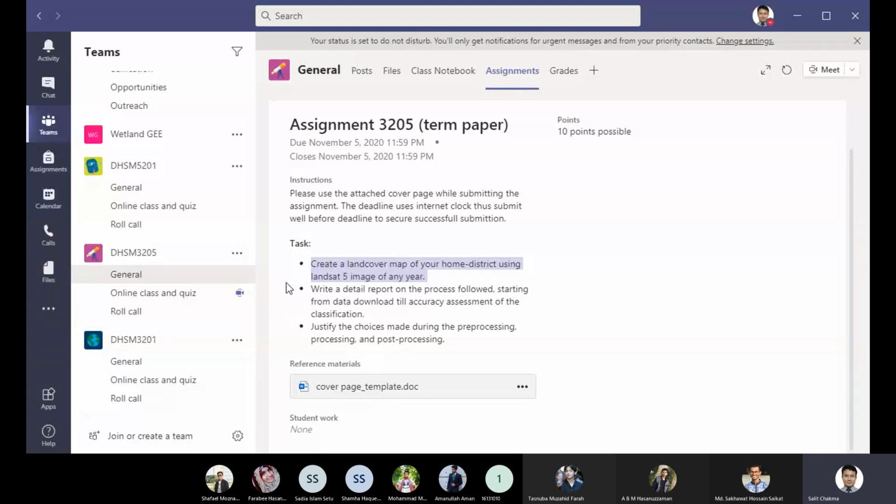তো তারপরে তুমি এগুলো দেওয়ার পরে রিপোর্টটা লিখলা এন্ড দ্যাটস ইট। তো আমি এখন যে সাপোর্ট ভেক্টর মেশিন এটসেট্রা এটসেট্রা বিভিন্ন চয়েস বললাম, সেটা হচ্ছে এই অংশটা, জাস্টিফাই চয়েসেস মেড ডিউরিং প্রি প্রসেসিং, প্রসেসিং এন্ড পোস্ট প্রসেসিং। সো প্রি প্রসেসিং হচ্ছে তোমার যে অ্যাটমসফেরিক কারেকশন, তারপরে রেডিওমেট্রিক ক্যালিব্রেশন, রেডিওমেট্রিক কারেকশন এগুলো, জিওমেট্রিক কারেকশন এগুলো। আর প্রসেসিং হচ্ছে তুমি যখন এটাকে ক্লাসিফিকেশন করছো, সো তোমার চয়েস অফ অ্যালগোরিদম তোমার ক্লাসিফিকেশন রান করার জন্য। আর পোস্ট প্রসেসিং এর ক্ষেত্রে হচ্ছে